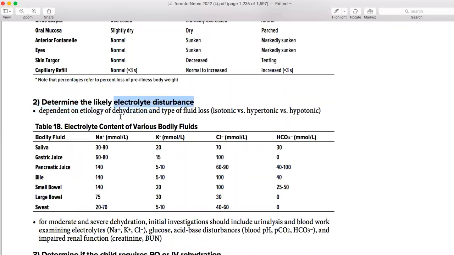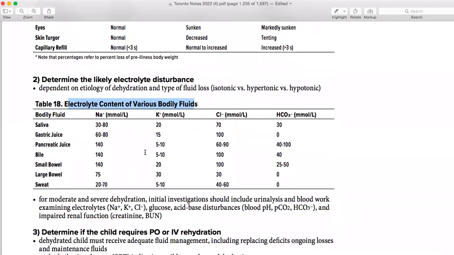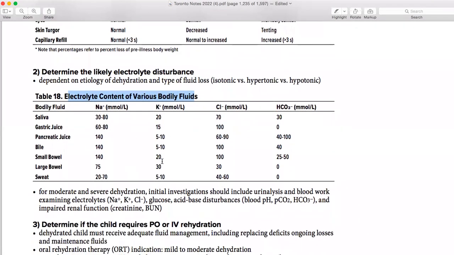So we are going to check. It's determined by the dehydration and the type of the fluid loss. Maybe the fluid is being lost too much, and that's why the electrolyte is already disturbed. For example, vomiting presents with hypokalemic, hypochloremic metabolic alkalosis. So you need to know how this particular presentation comes along with it. You don't need to remember the various contents of the body fluid. This is too much and you cannot remember it. If you still feel like you need to read it, just give it a little read. You cannot remember it, I know.